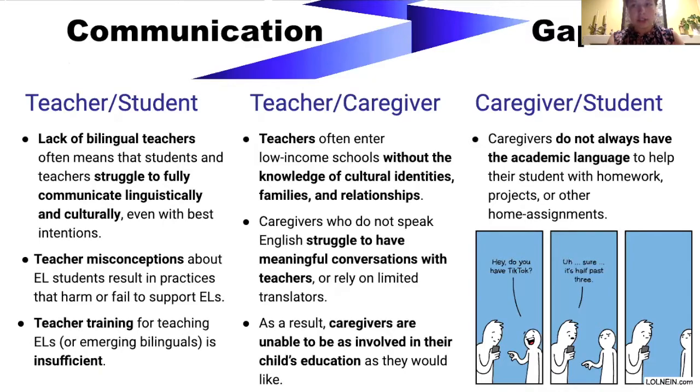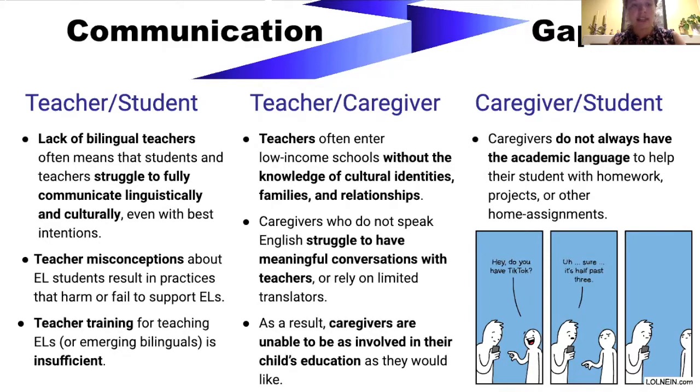So what we want to talk about next is the communication gap. And we're going to focus in on the relationships that we have in the Triquetra. For the communication gap in between teachers and students, this means a lack of communication both ways, both due to language and culture, and therefore missing an opportunity for both learning and support in various ways. For the teacher-caregiver relationship, this communication gap means an inability to really lean into our belief that the parent or